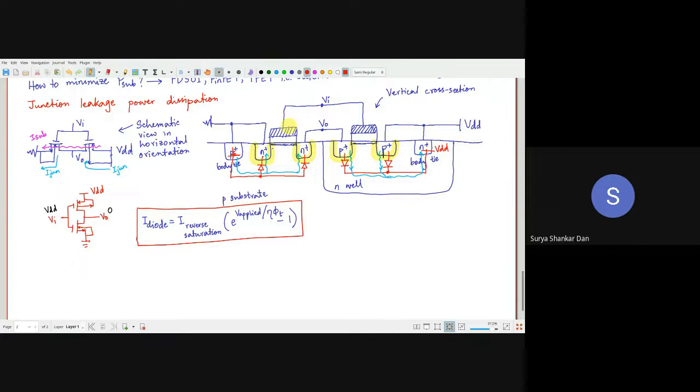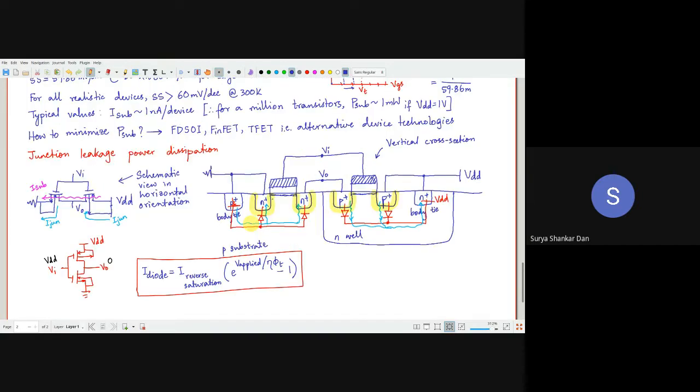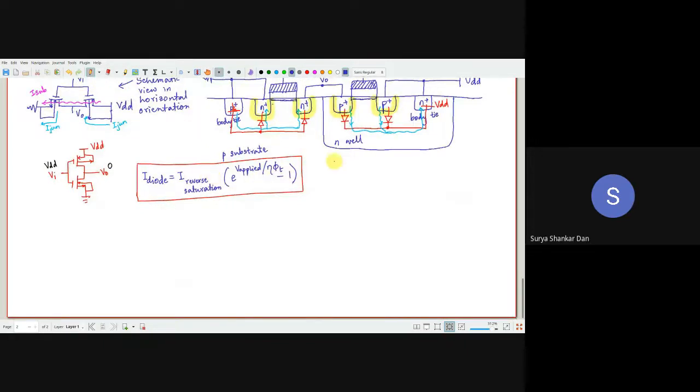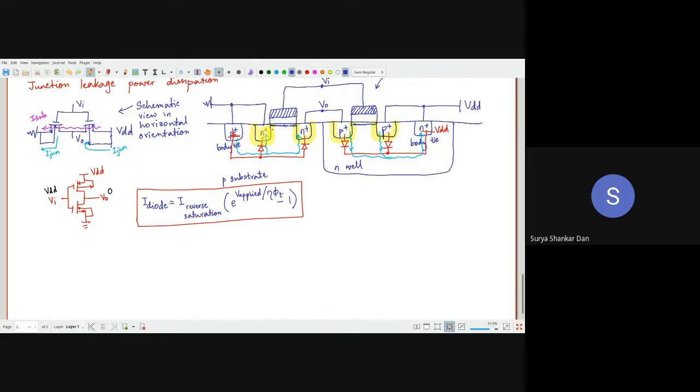This is something which everyone knows. I mean, both embedded systems and PMMD students. So that's why I'm not elaborating on how to get this. Subthreshold leakage was something new, so I went much deeper into that. All right. So this equation is essentially referring to the subthreshold reverse saturation current. Okay. So the moment you have applied the biases in such a manner that this V applied is larger than eta phi t, that e to the power of this, I mean, this whole factor here is much larger than 1. Now, कोई tension नहीं है.